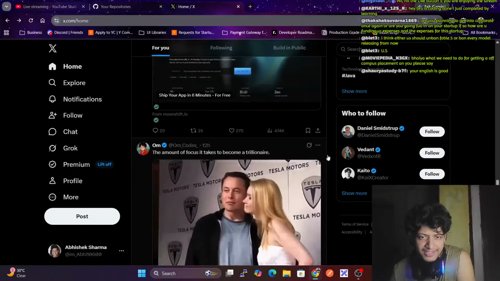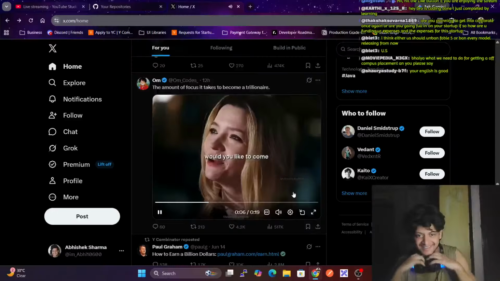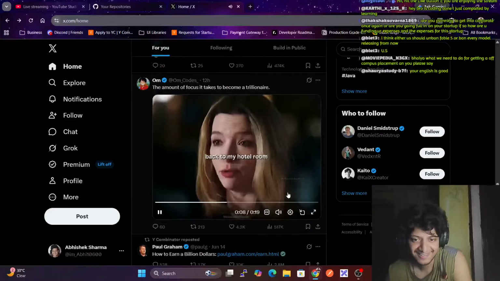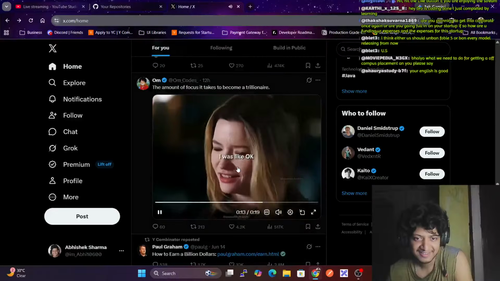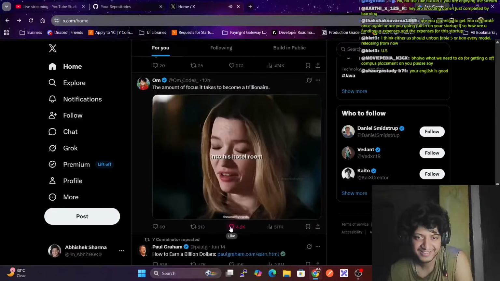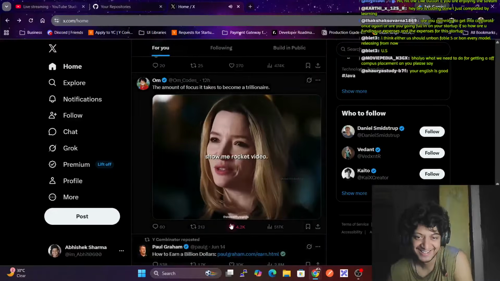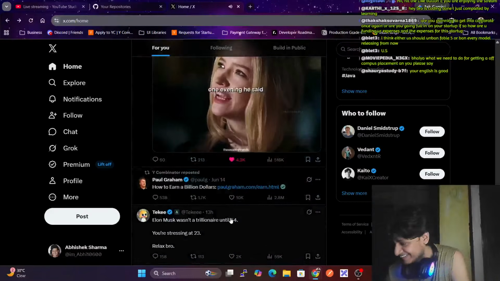The amount of focus it takes to become a billionaire. Let's see. Would you like to come back to my hotel room so we can look at rocket videos? And I thought, I was like, okay, yeah, I'll come back. And we did get into his hotel room, and he did just show me rocket videos. Elon Musk. And then I remember one evening he said,